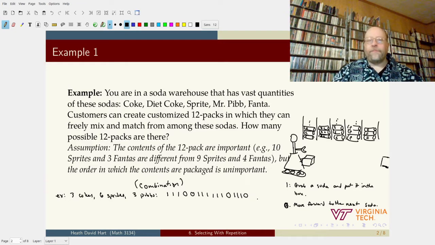Okay. So once we advance to the Fanta, we don't grab any sodas, and because the box is full, the robot dumps everything onto the table. That's the idea. Okay. So this is a recipe or an instruction for how to grab 3 Cokes, 6 Sprites, 3 Pibs. Okay. Let's say we wanted 2 Diet Cokes,